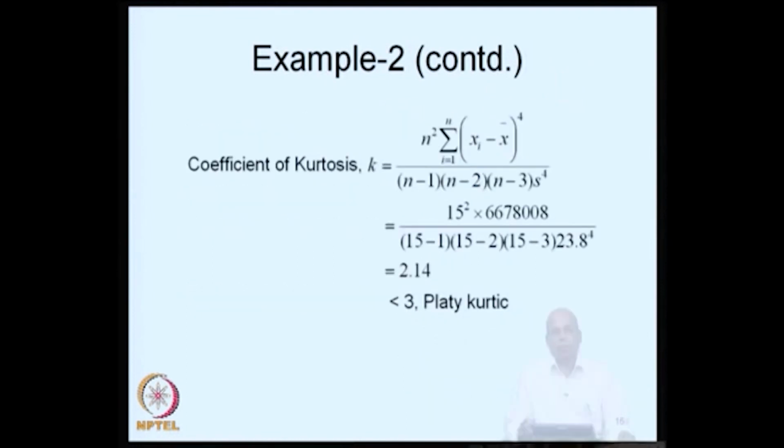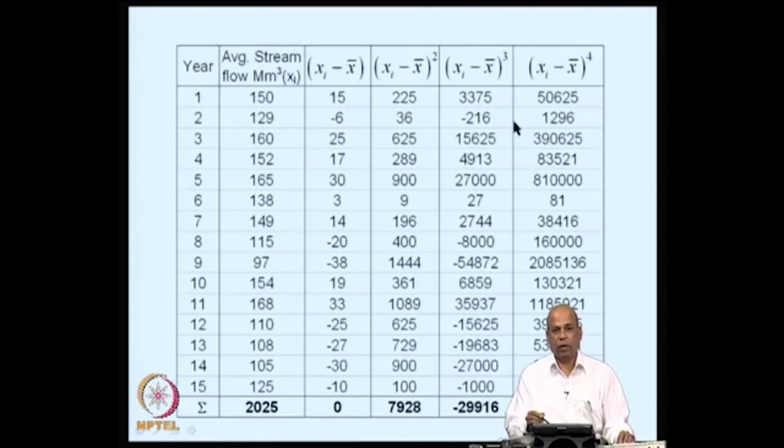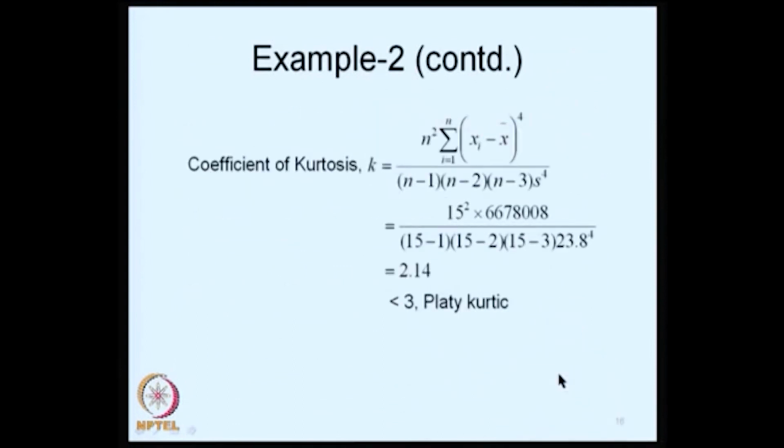Then we get also the coefficient of kurtosis, which is also called simply kurtosis, k is equal to n square, which is 15 square, and (x i minus x bar) the whole to the power 4. In this case, it was 6678008, which is the summation of this column here, and you use that, raise the standard deviation to the power 4. You have (n minus 1)(n minus 2)(n minus 3), which is 14, 13 and 12, then you get 2.14. If the kurtosis is less than 3, then it is called platykurtic, and it generally indicates a